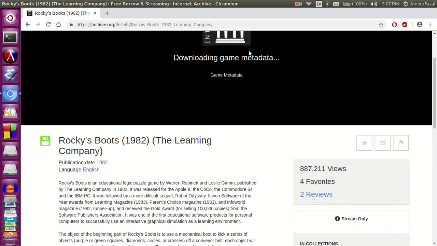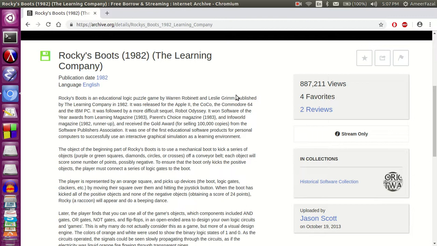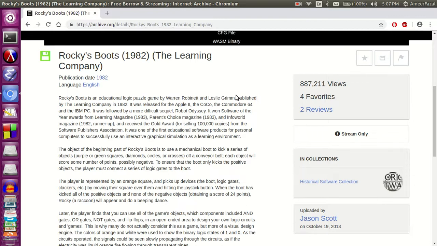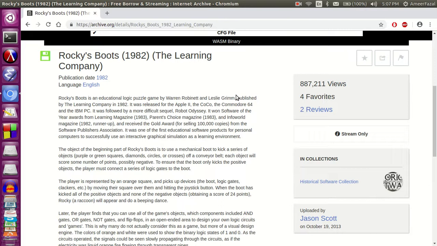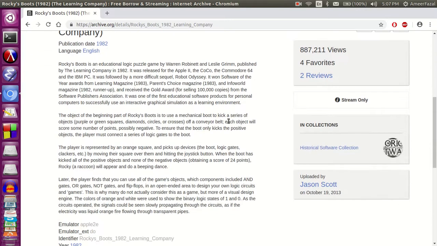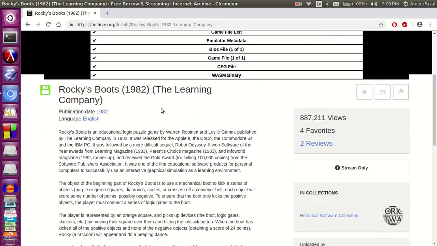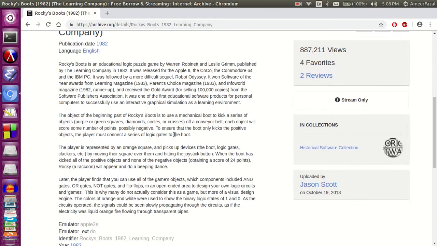Click to begin downloading the game metadata. So this game is actually not just a game. This is an educational puzzle game. In my opinion, you can learn a great deal of computer science and electronic circuit design, and also game development and design of graphical user interfaces, because the metaphors are so powerful, the analogies are great, and the gameplay experience is great, considering this is from 1982, one of the earliest games with interactivity. So